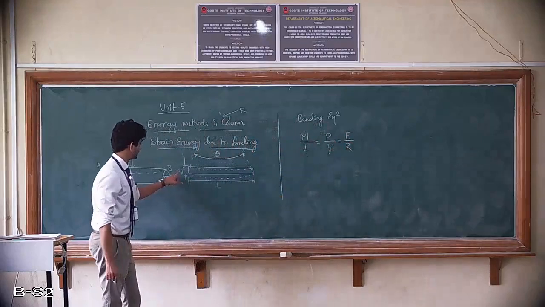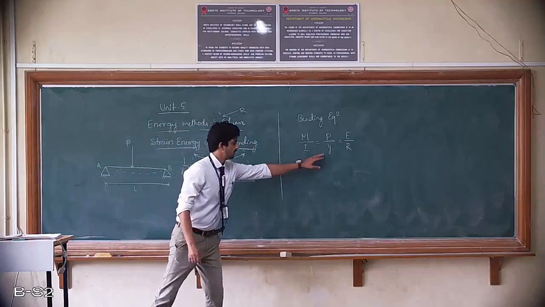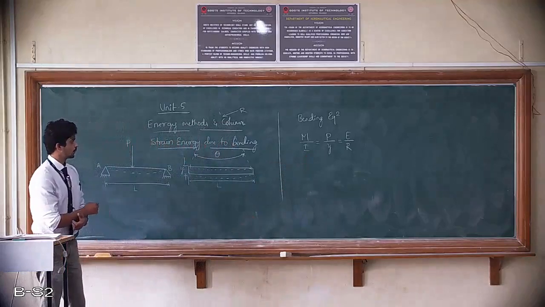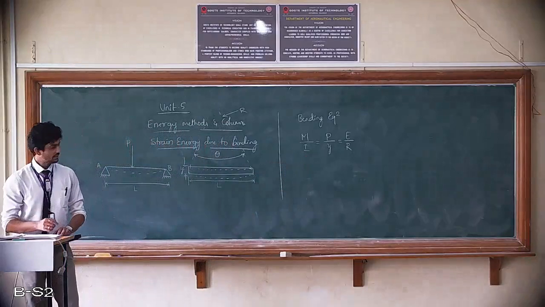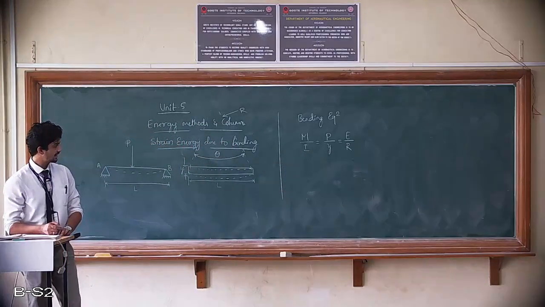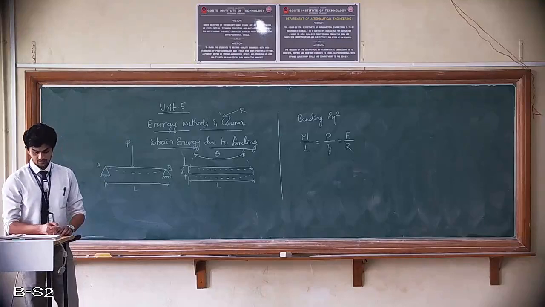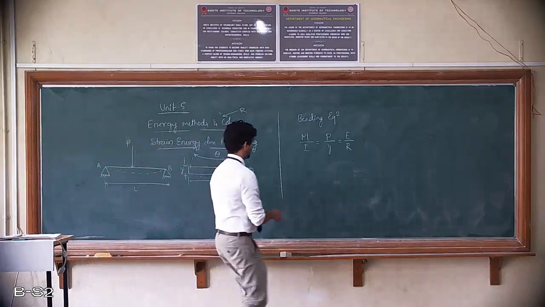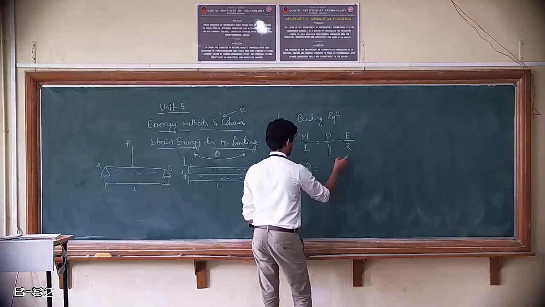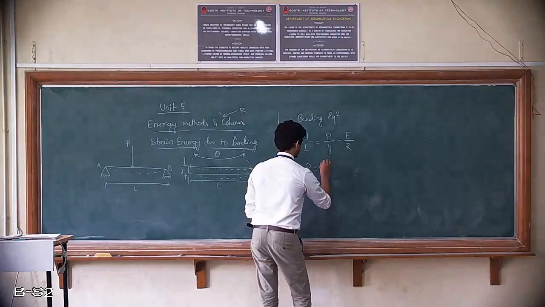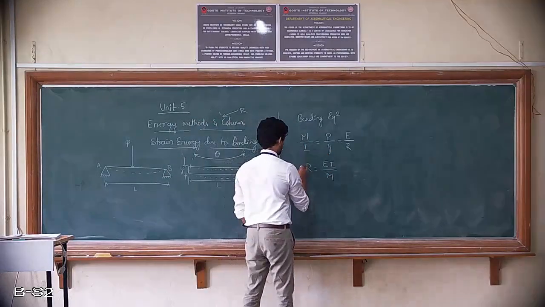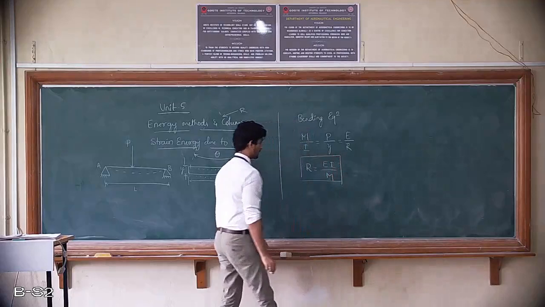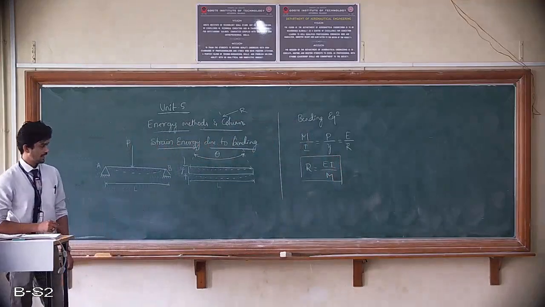Not the same thing, it is different. Here it is thickness, here it is deflection y. Now this is the bending moment equation or bending equation. Now if I would like to write r, the radius of curvature, in terms of moment, then using this equation I can write r equal to E I by M. So please remember, this I am deducing from the bending moment equation. Radius of curvature is nothing but E times I divided by M, moment.